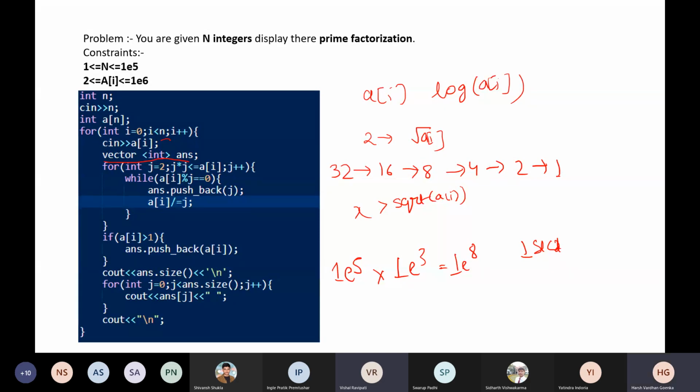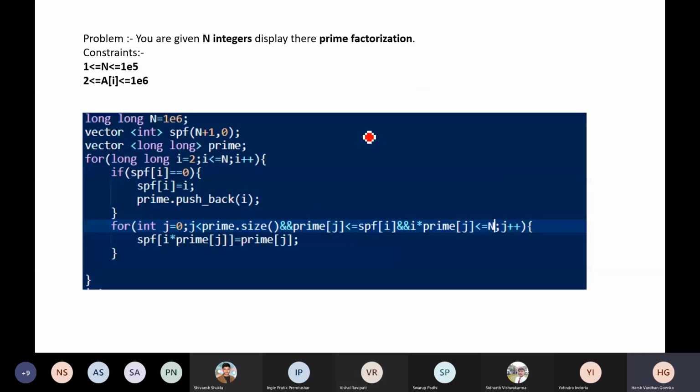Yes, you were pretty close. Not only the prime factor, but we will also find its smallest prime factor for each number. There's a reason behind that. We'll calculate the smallest prime factor for each i. We'll pre-calculate this, and how we'll use it in factorization, I will show you later.